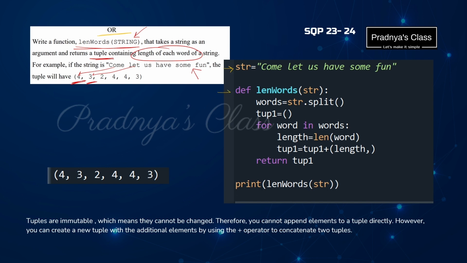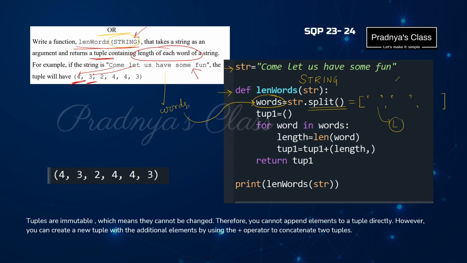It's time to write the function. The name of the function is mentioned, so write it exactly as it is. Here the name of the parameter is uppercase string, so change it accordingly. We need to deal with the words of the string. For that we will be using the split function. With the split function, all the words of the string get split. That's why in the variable words we will get a list in which we have the separated words of the string.